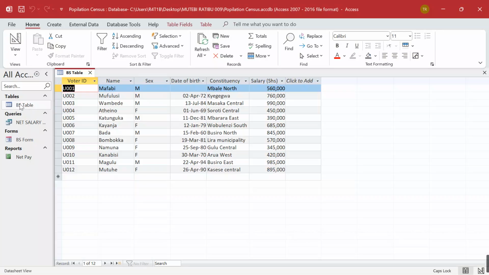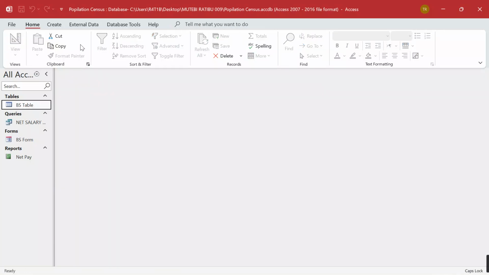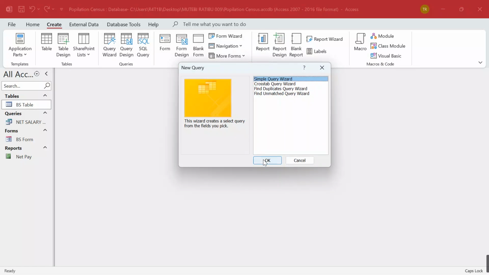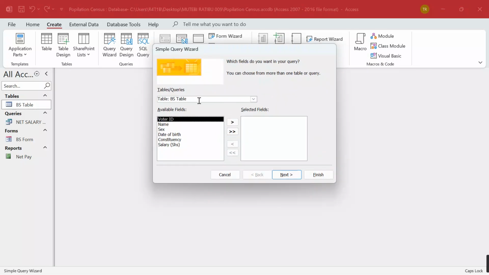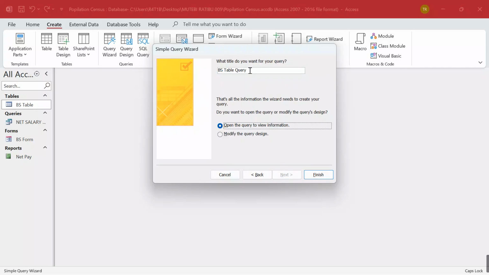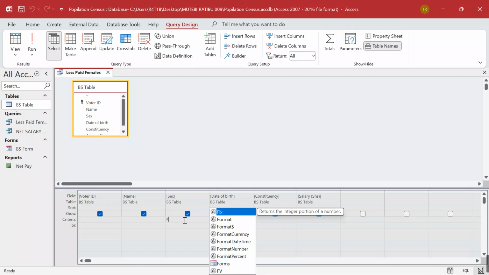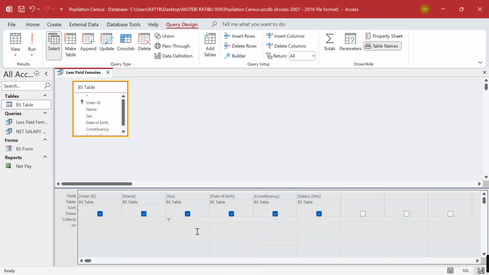So now I will move on. We are to use this object because we shall only focus on salary. I click Create, Query Wizard, click OK. I say this is my object of interest. I put the fields this side. I click next. We are to save it as less paid females. Click modify, click finish. When you reach here, the conditions are you should be a female, capital F, in quotes, and then your salary should be less than